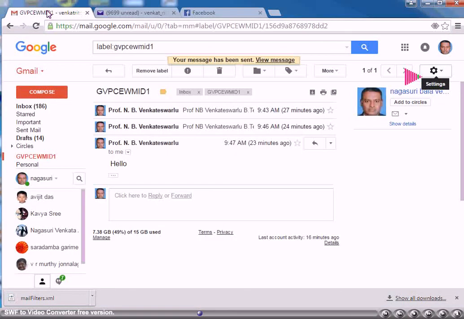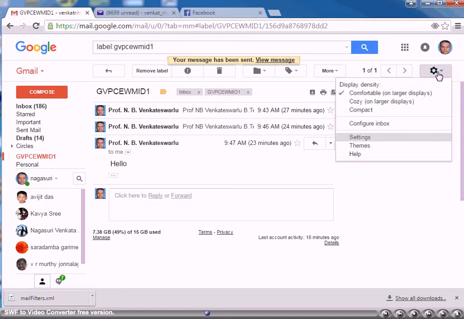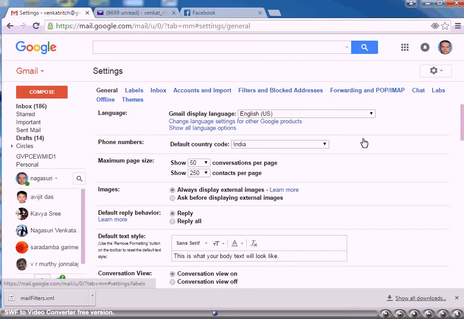Now let us try to do similar thing in Gmail account. In Gmail, we have to create a label for achieving this. For that purpose, you have to go to settings. Click label.